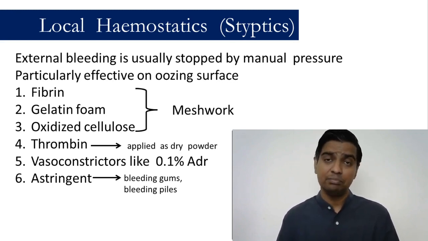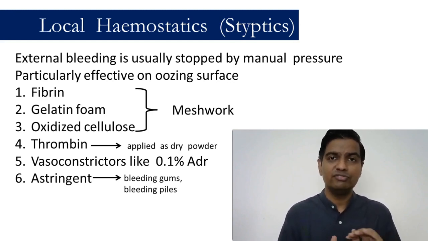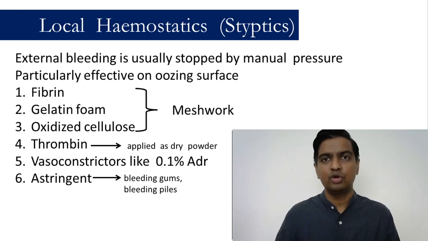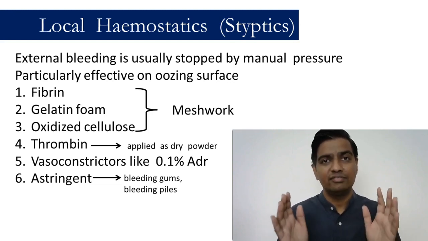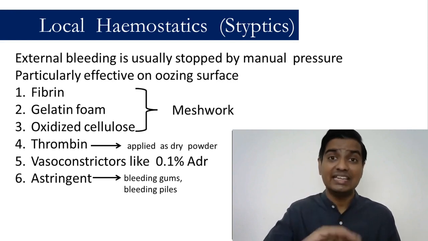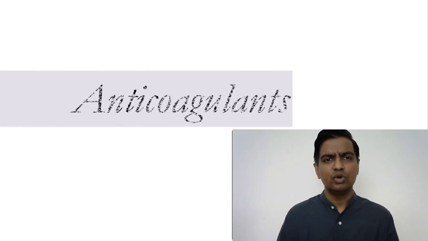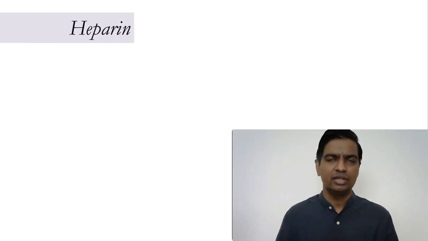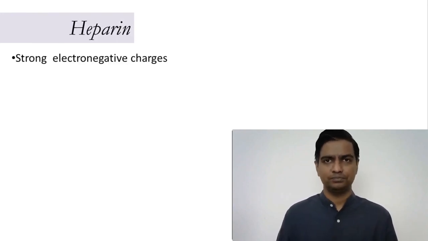Okay. Now this completes my first part, where we spoke about clotting factors and drugs that increase the clotting factors, vitamin K. Let us now move on to anticoagulants. These will be medicines that decrease the clotting factors, and here we are going to discuss heparin.